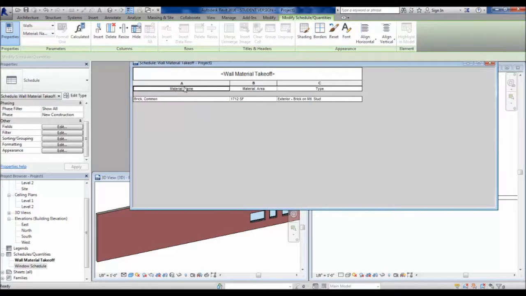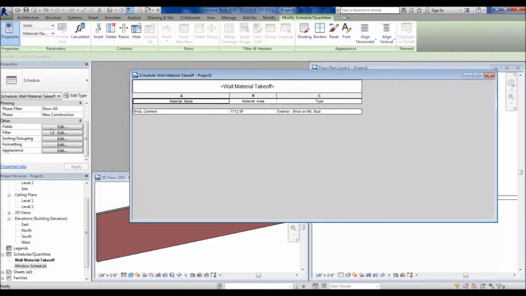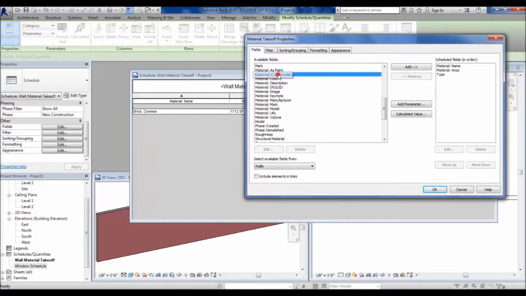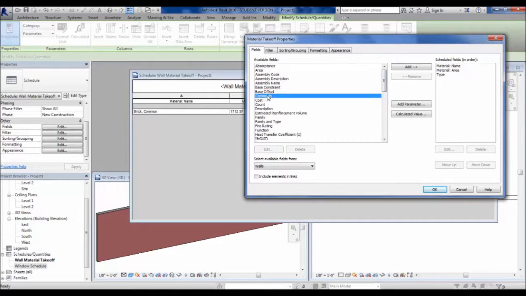All right, but the reason why I wanted you to look at the fields that are specifically labeled with material with them, so things such as material comments, you'll see material comments, but if you scroll up to the top, you'll also see that there's the comments. The difference between them is that the fields that have material in front of them live inside the material properties. The fields that have nothing in front of them and just have the label as comments are the properties